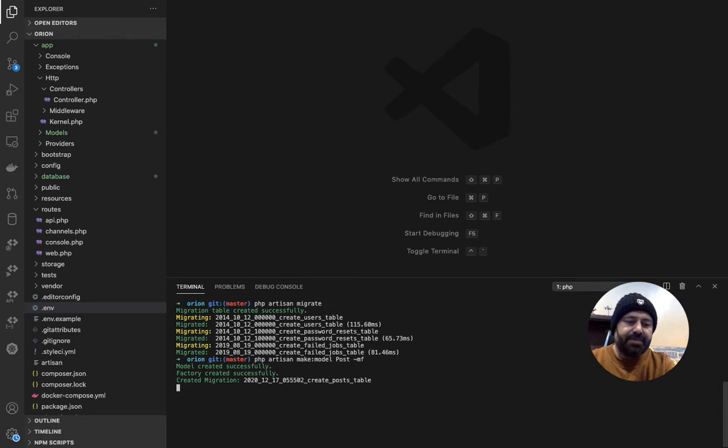So instead of generating data manually, since this is a demo, we're going to use a factory so that we can quickly have some data that we can play with, or that we can show to the front end. Since we've got our model, our migration and our factory,